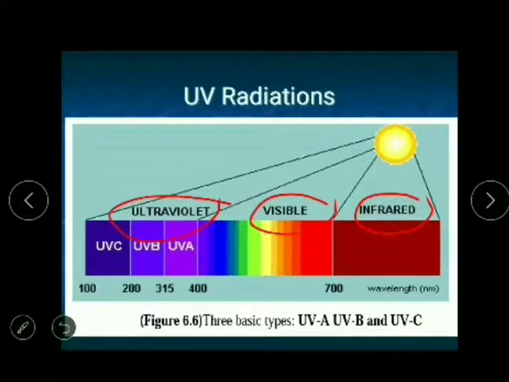So here this ultraviolet ray has been classified by scientists into 3 bands of rays, which we were discussing in these reactions. So ultraviolet A, ultraviolet B, and ultraviolet C. These 3 bands of rays have a wavelength from 100 to 400 nanometers. So this is the wavelength band of these 3 types of ultraviolet